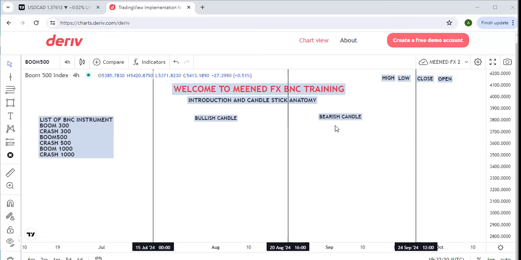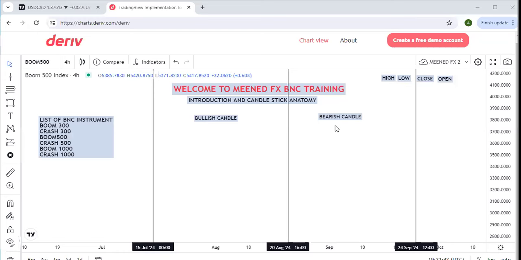Basically, what I'll be talking about tonight is just candlestick anatomy, and I'm going to talk about a few attributes of this asset. We already know them, but we might not actually take cognizance of them. So basically, boom and crash. I'm just going to take my time to introduce the assets to you, and then we talk